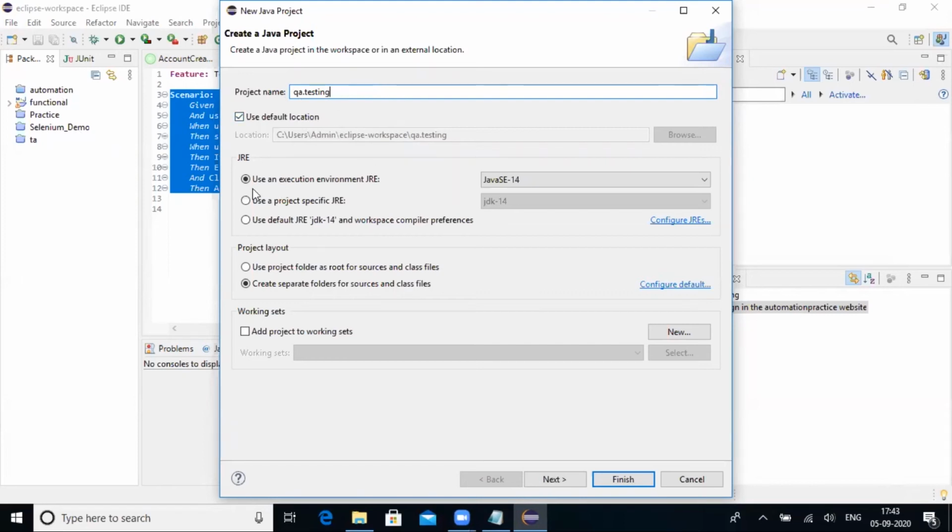It is selected automatically once you install the JDK; Java Standard Edition 14 will be set as the JRE. JRE means Java Runtime Environment. Before I start with Java, I'll tell you what JRE, JDK, and JVM are. Now click on Next.